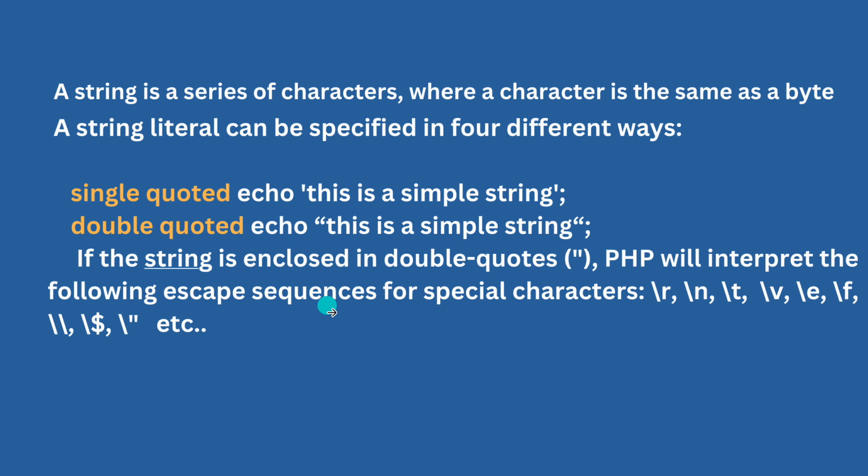Now we'll see string. Here the heading is missing. Basically this is the string. So we talked about what data types we have covered till now. One was null, another was Boolean, third was,